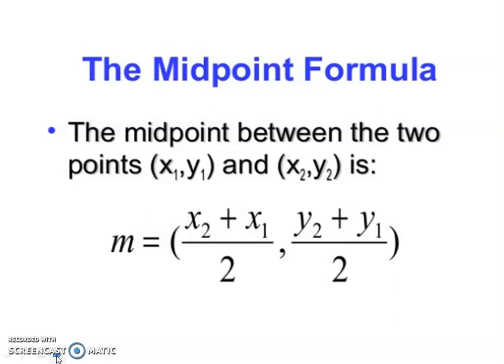The midpoint between the 2 points (x1, y1) and (x2, y2) is M equal to ((x2 + x1) by 2, (y2 + y1) by 2). So, the midpoint formula and the section formula will give you a chance to find the coordinates of the point P which divides a line segment AB in the given ratio. Now, let us see how to solve the problems related to the section formula and midpoint formula.